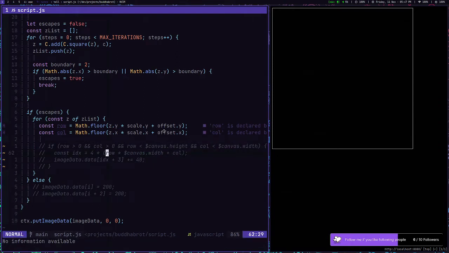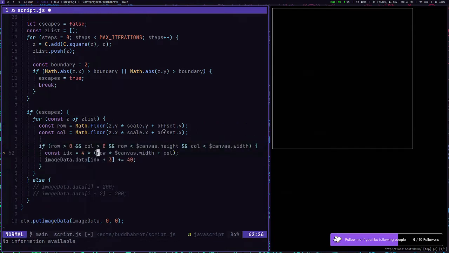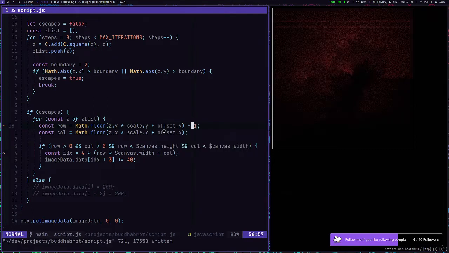I'm still conflicted about the row part, because when I call it row, is it really row or is it row minus 1? When I get the y and I floor it, I feel like I'm getting row minus 1 instead of row, because in that case I don't need to do an additional minus 1 here. But if that's not the case, I do need to do that. So I'm not sure what to do there, but let's just try a few